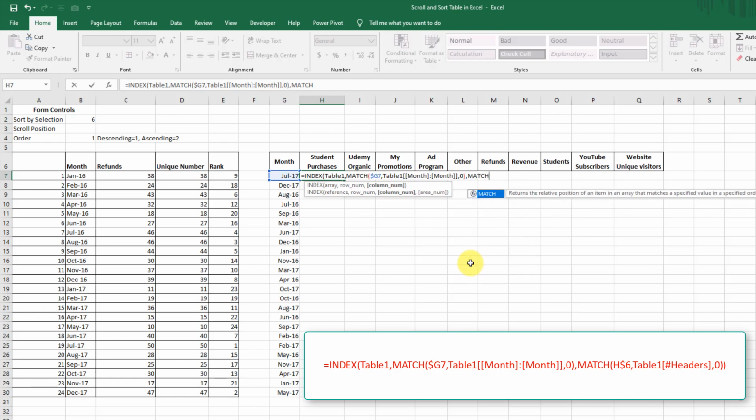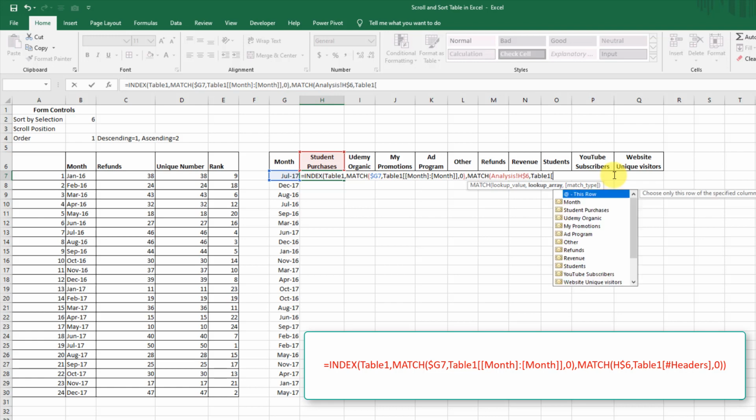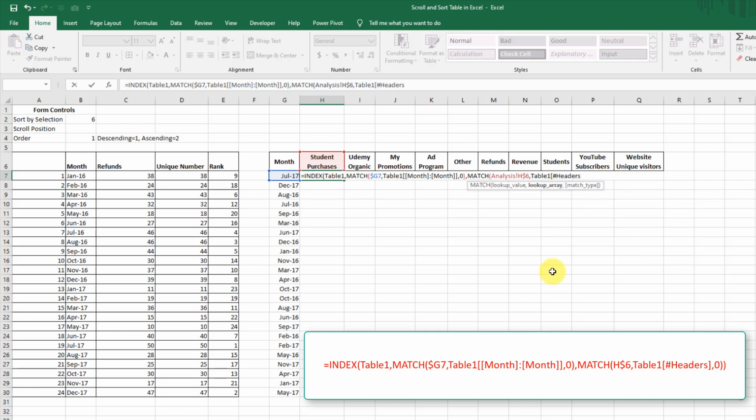Then for the column number argument, we look at the value in the row header. We say find that name, student purchases, in the headers of table 1, with exact match.